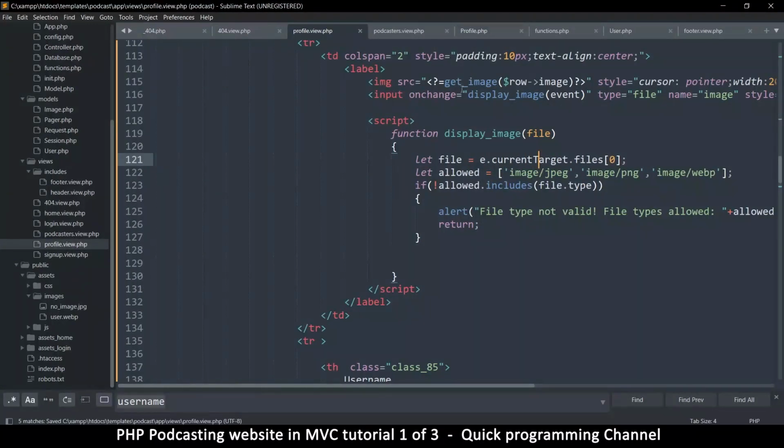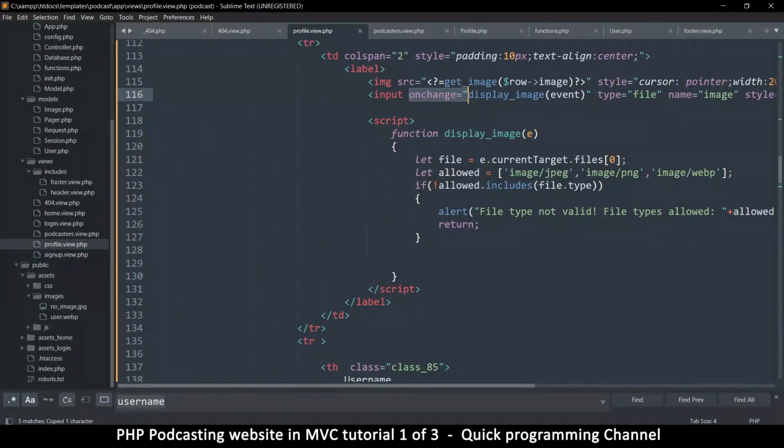Current target represents the thing that had the event listener on it. So that item, e.currentTarget, so here we grab e instead. We grab the event and not the file, and then we extract the file from the event by grabbing the thing that created the event and then grabbing files from it. So there, that's how we get it. Now the reason I've changed to e is because I want to make use of the e,